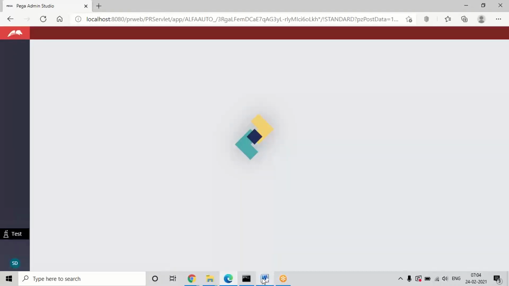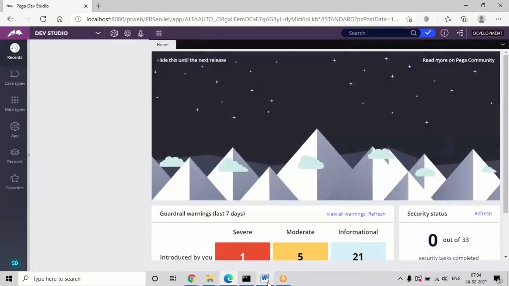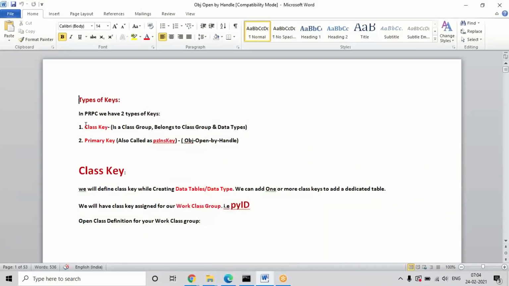See, first of all, if you know class key, already we know. Okay, so where did we use the class key concept? See, when an application is defined, automatically, as I told you earlier, the user class group and belongs to class group will have a class key. PYD is nothing but the default class key. So if that is set, we are able to define the flow execution and all. So class key is automatically generated for the user class group and belongs to class group.